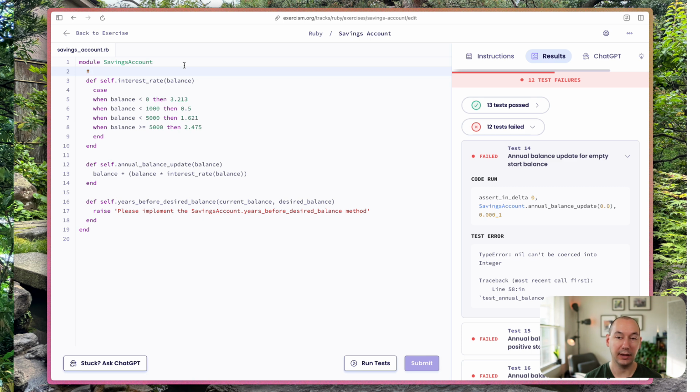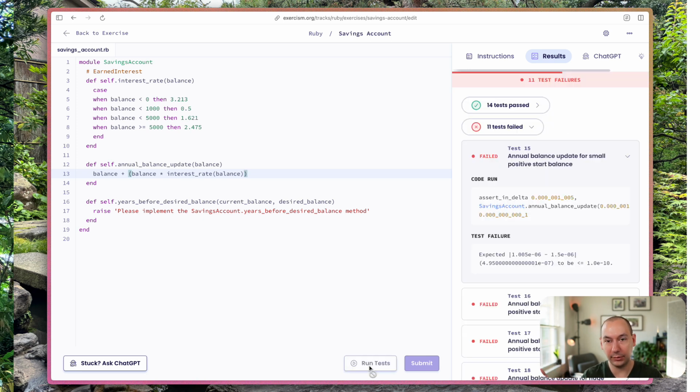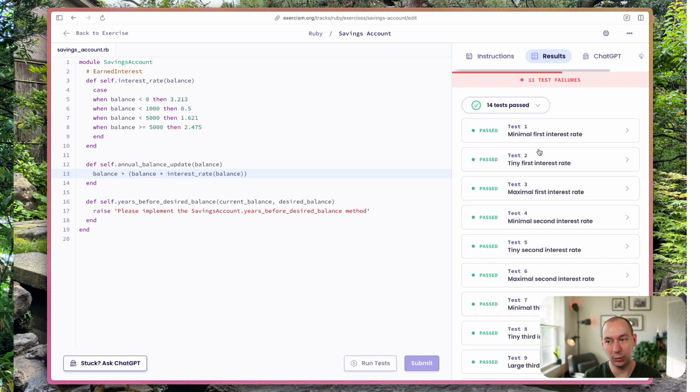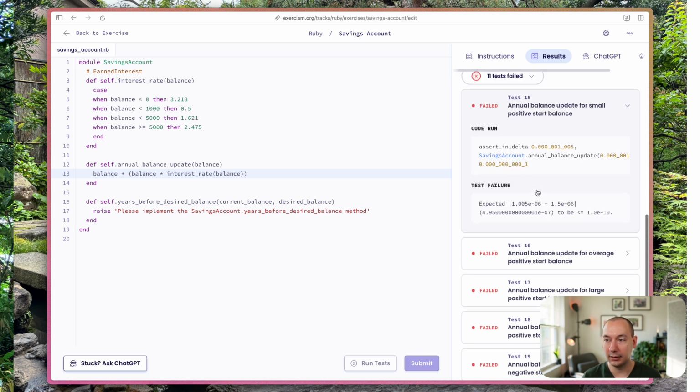interesting. Make note of that. Earned interest. We'll make note of that and clean that up in a minute. Might be something there. Feel free to pause the video and figure out where I'm going with that in advance. So let's see what happens. It should probably blow up. Things are going to blow up. We should not pass. Well, we passed one more test, I guess, which was